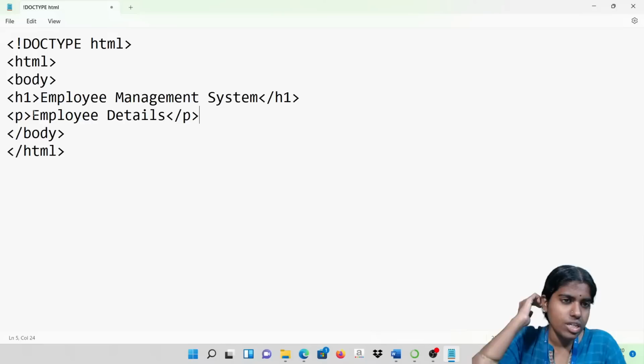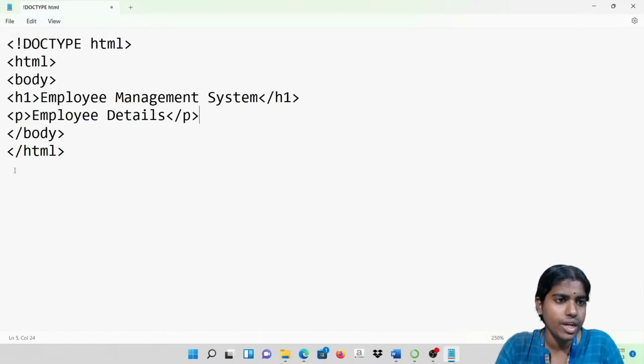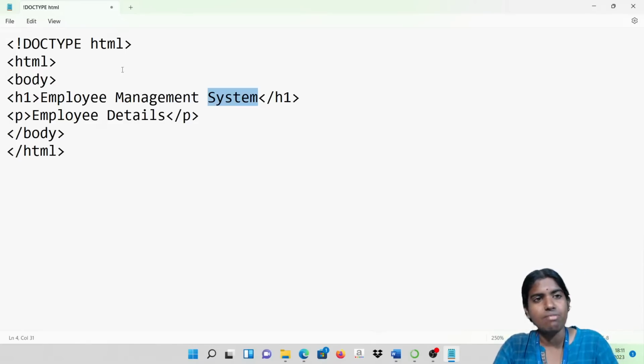And inside this I am having this paragraph tag. I am having the starting paragraph. If I want to collect some employee details, I have this paragraph tag, employee details, and the closing p tag. And you can see here, whatever type of HTML coding, everything should be enclosed within the opening body tag and closing body tag. And here I have the closing html tag. Clear with this? So this is one simple example of employee, one simple HTML coding.